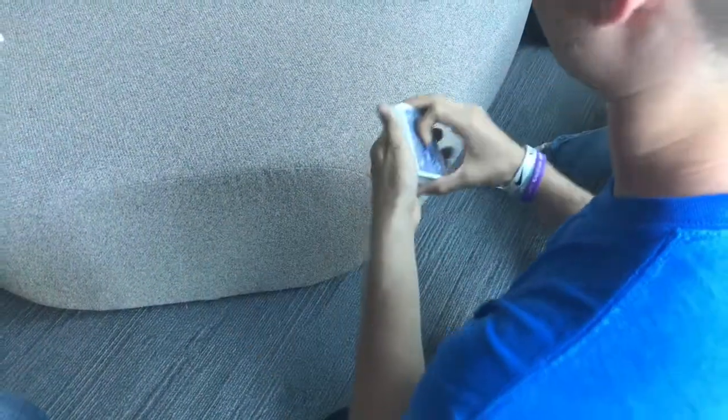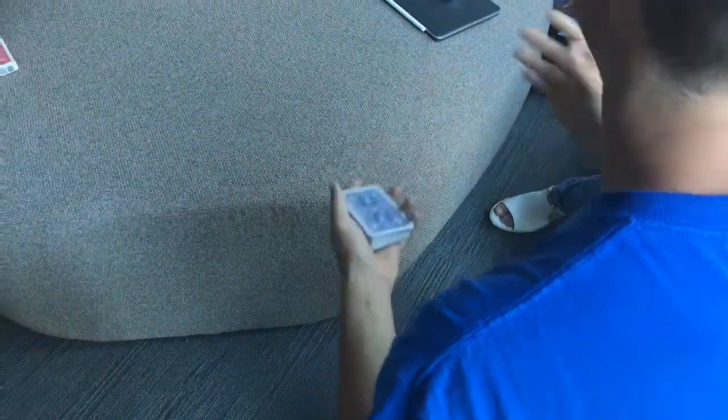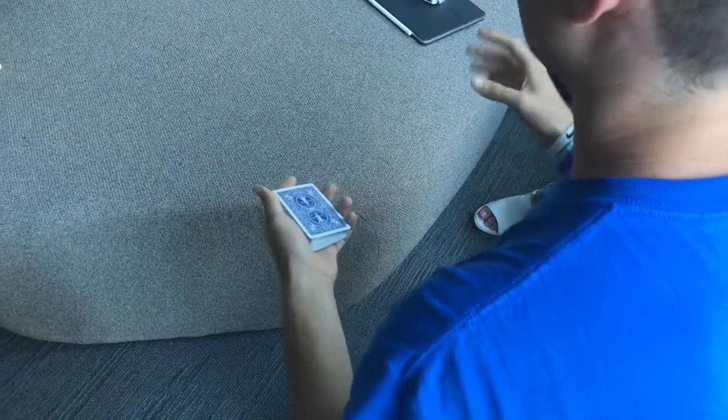So at this point here, we shuffle the person's card to the bottom of the deck. So we don't have to know what it is, but you can look if you want. So mine would be the 10 of diamonds, okay? So how we're gonna go about that sloppy shuffle that you saw me do is we're gonna go into the